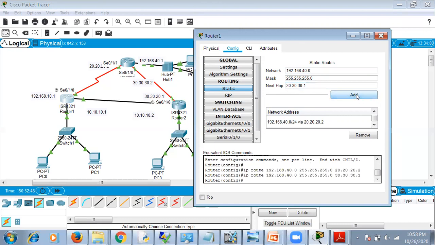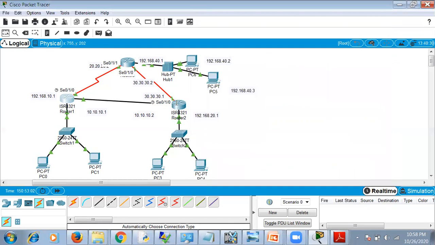So click on add again. So we have two routes now. This is one route and this is another route. So two hops we have added. Similarly for